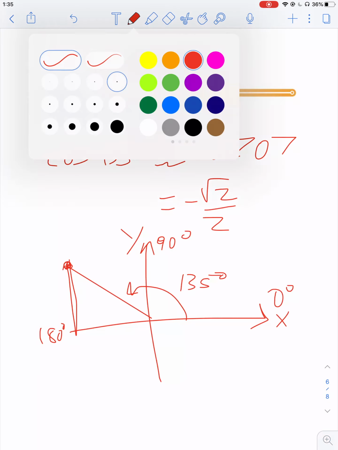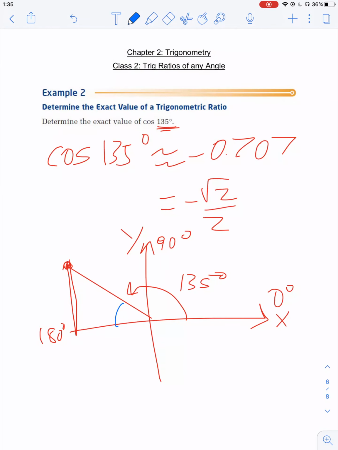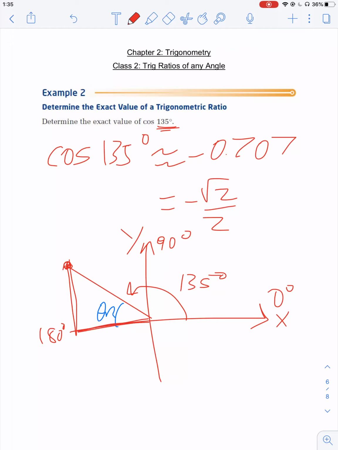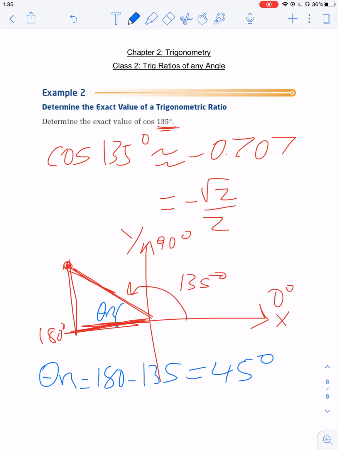You see your reference angle over here, theta r. Is this angle bigger than the terminal arm from the x-axis? Yes, it is. So theta r is equal to 180 minus 135, which is equal to 45 degrees. And I've shown you that cos of 45